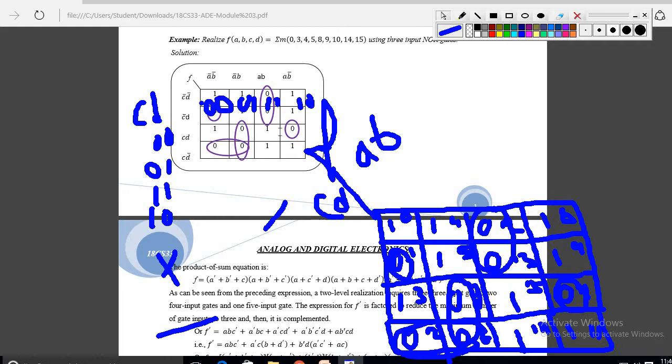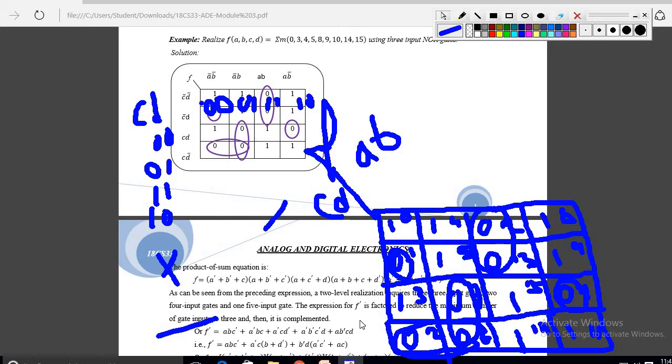If you wanted to write in POS form, because of the zeros grouping, whatever A is, if it is A here, you have to write it as A bar. If it is B here, you have to write it as B bar. Okay, but don't write it combined A B C. If you write it in SOP, A B C you have to write, right? In terms of POS it means A bar plus B bar plus C bar, like that you have to change. Anyhow, you also know the conversion of POS and SOP. Okay, if you are comfortable with that, you just go for this equation, and after that you convert this into this, or else directly you write this expression, anyhow left to you.